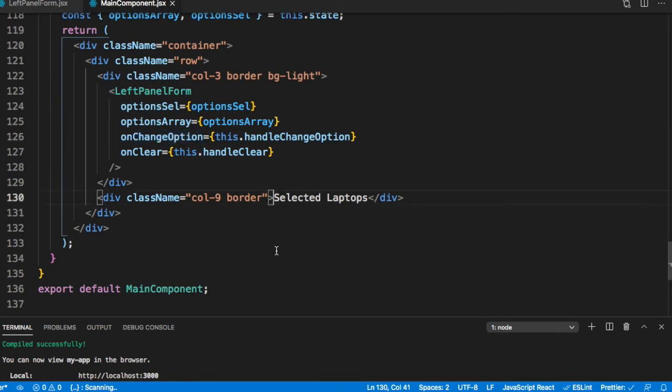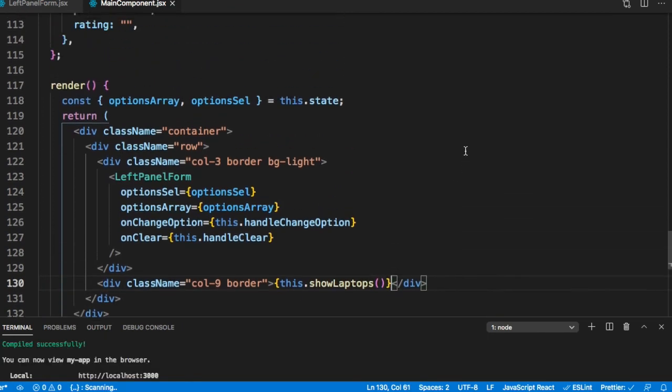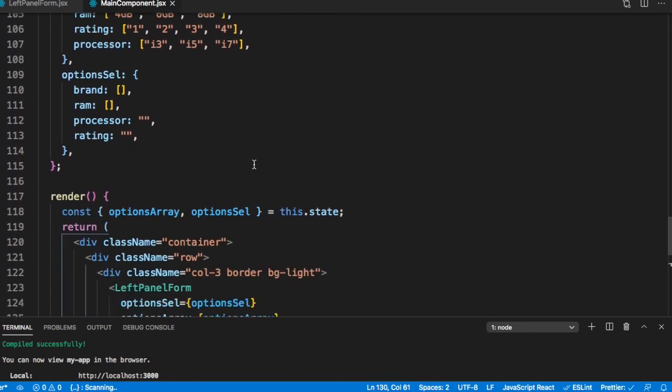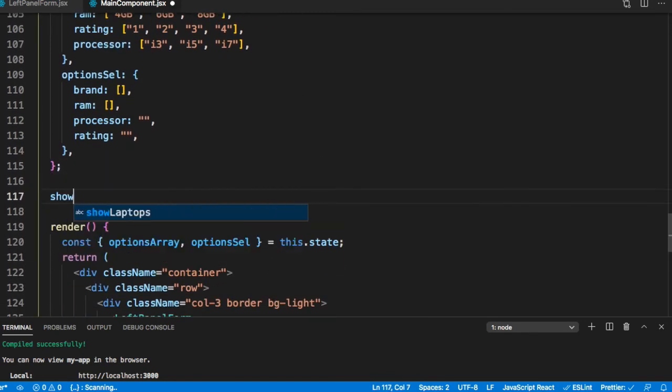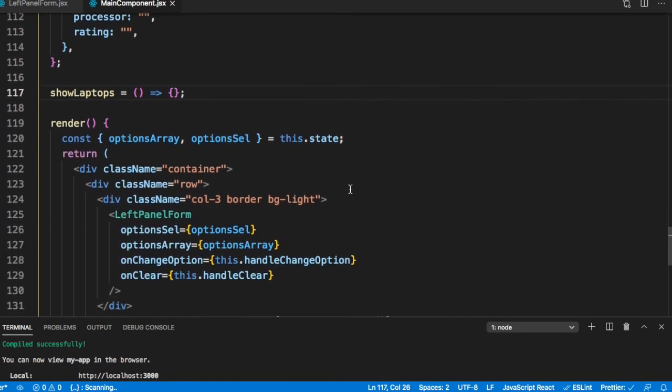So here in our selected laptops, let me just call a function this.showLaptops. So this is one function we need to implement here.